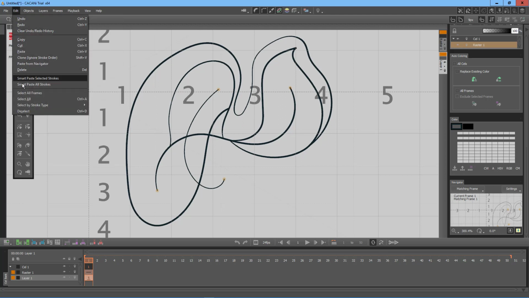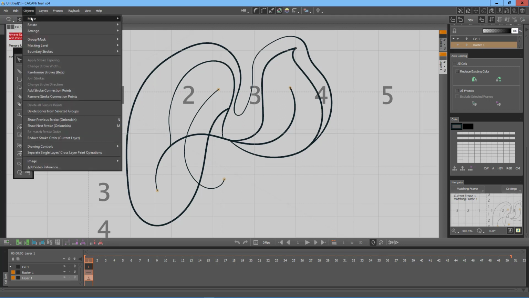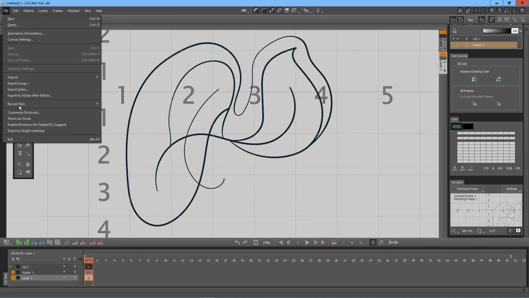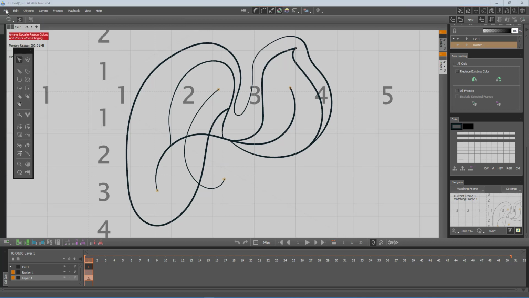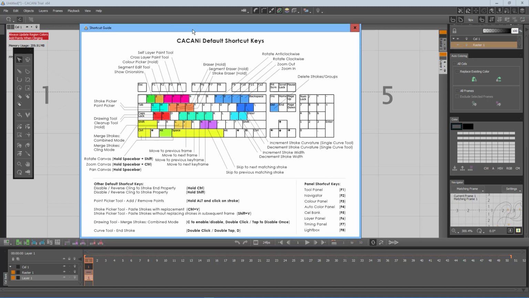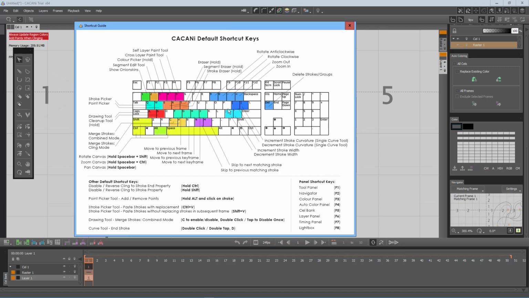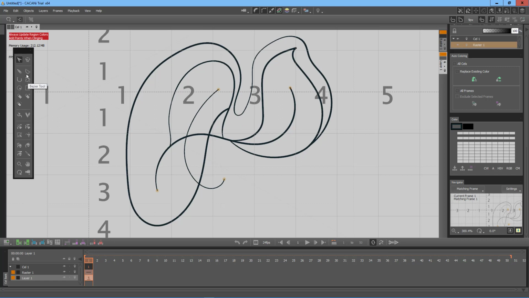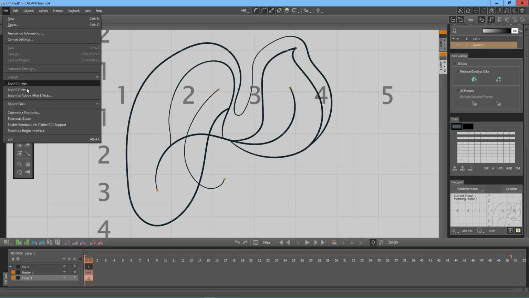Edit. There's got to be some kind of shortcuts. There it is, shortcuts guide. There you go, see? And when I pulled that up on my second monitor, I got this thing here. So 1, 2, 3, 4, 5. This is show onion skins. I'm sure this is going to come in useful. This is actually really nice that they have created a little mapping graphic, because, well, I don't want to jinx myself, but